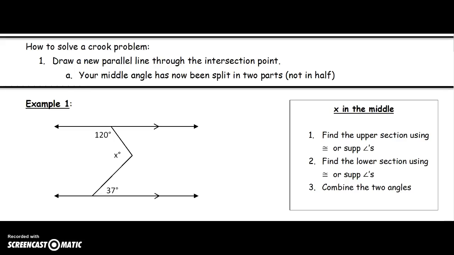Today what we're going to talk about is how to solve a crook problem. A crook problem is where you have two parallel lines and a line that goes in between them that has a little kink in it. Okay, so the first thing we're going to do is find out how to solve it when x is in